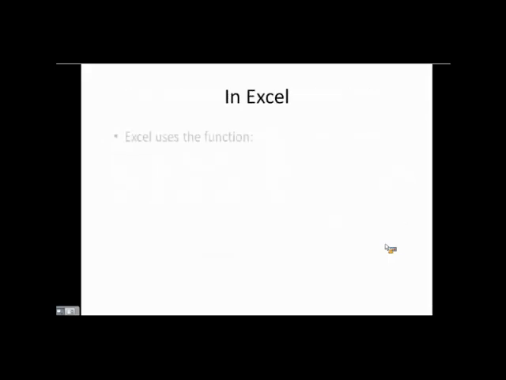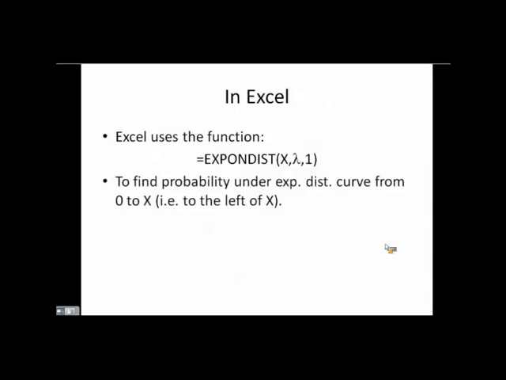And in Excel, the formula that we'd use is EXPON.DIST. This is now a continuous distribution, so we will manipulate this a lot like we manipulated the normal distribution in Excel, the NORM.DIST function. So we have EXPON.DIST of x, whatever time value we're interested in, comma lambda, comma 1, where lambda is still in calls per unit time. And of course, the units have to match with the units of x. And that'll give us our cumulative probability.